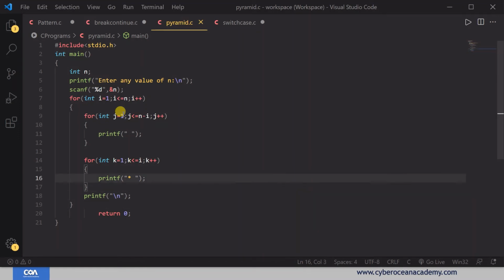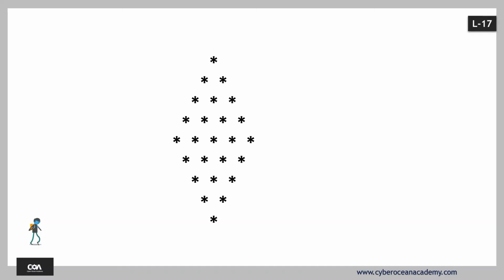So what do you basically see in the diamond pattern? To understand that, I'm just going to show you that pattern again. In this diamond pattern, you have printed the upper part. Now you have to print the lower part. You can notice that in the lower part there is also a pattern for space, and after that the pyramid pattern. So what we will do, we will run a for loop,